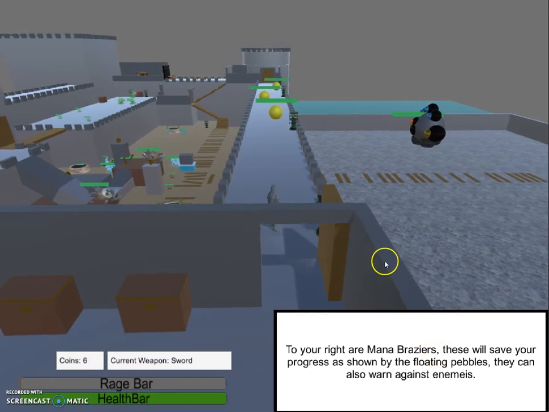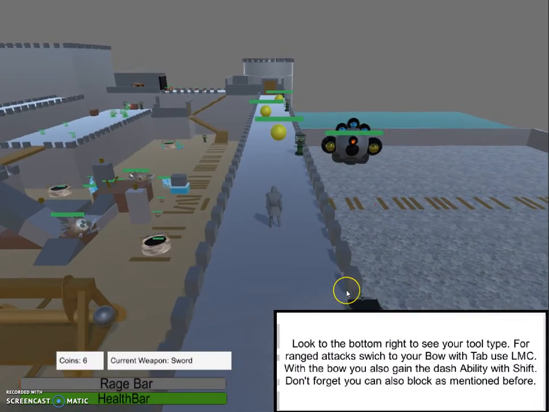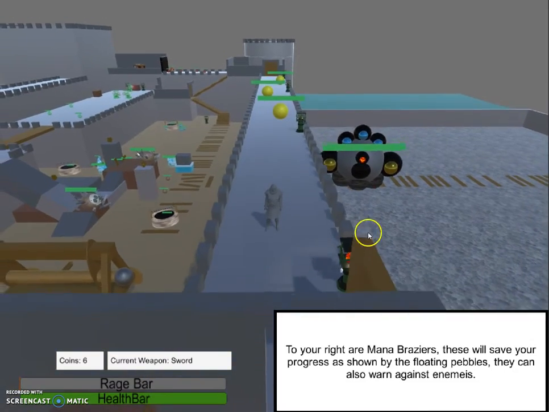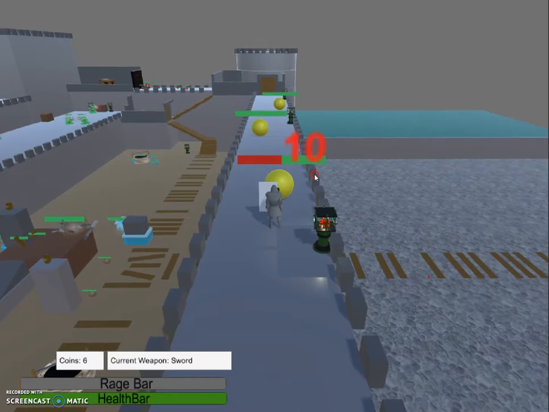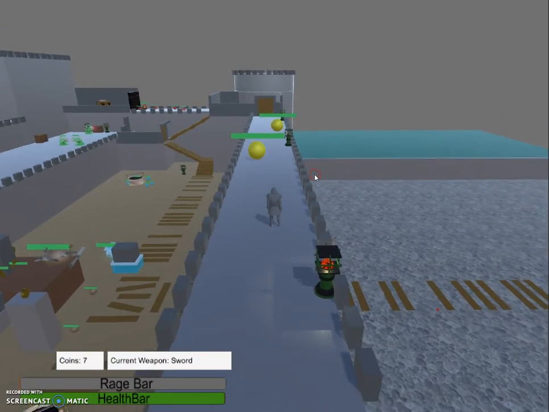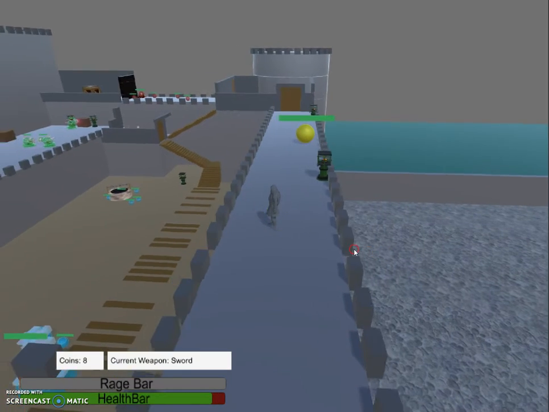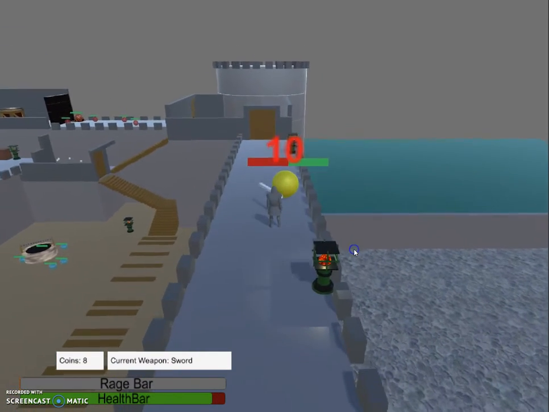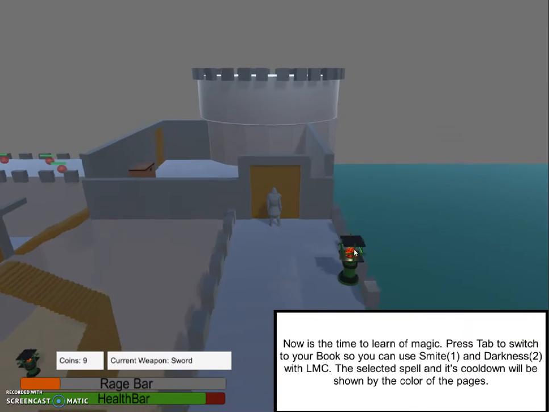To your right are the mono brazers. These were mentioned last week and showed in the project view. But now they have been integrated into their specific level hubs more heavily. Not every scene has them still, but almost every single scene does. All the mine levels have the correct